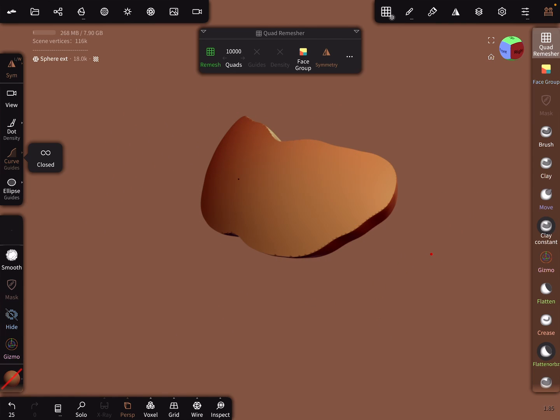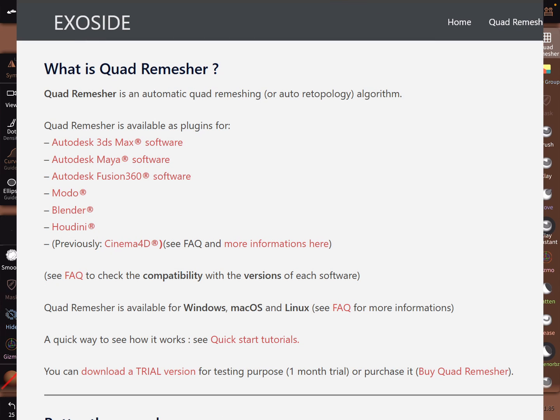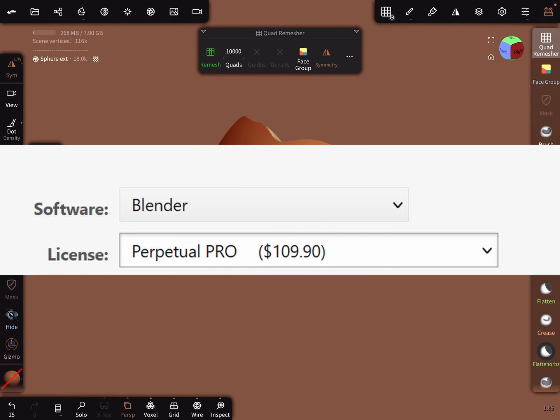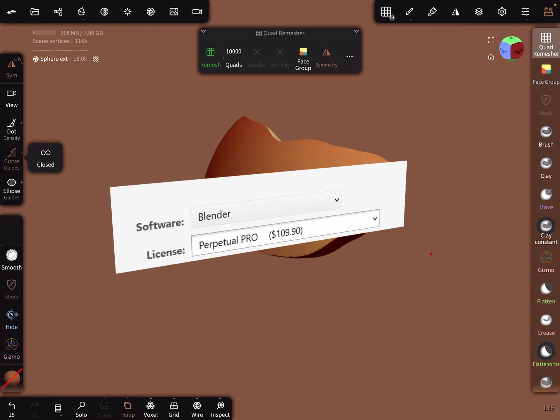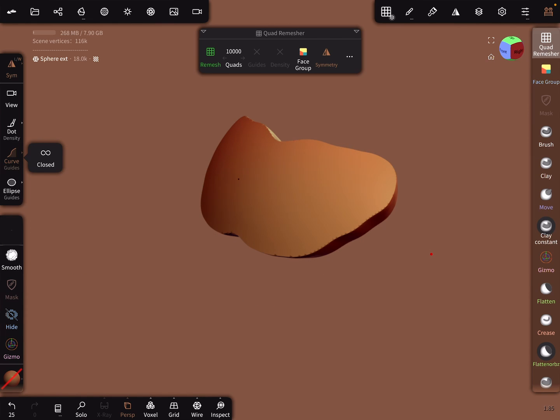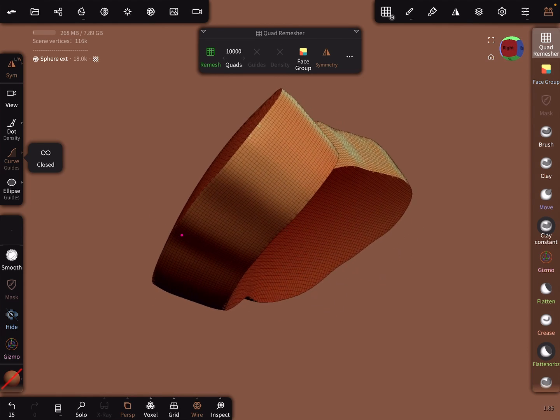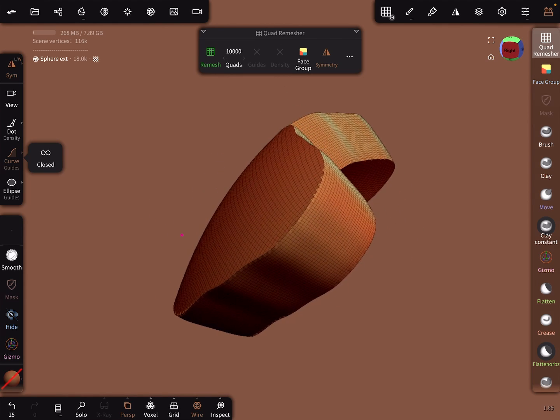Quad Remesher is made by the same team, Exoside, who made ZRemesher for ZBrush. And you can also get Quad Remesher as a standalone app for PC. And I believe for a commercial license, it costs 109 US dollars. So getting it for 25 Aussie dollars on iPad is an absolute steal for Nomad Sculpt. And just for context, we'll turn on our wireframe and we've got our wireframe here. So we can see this is just our raw data from getting the